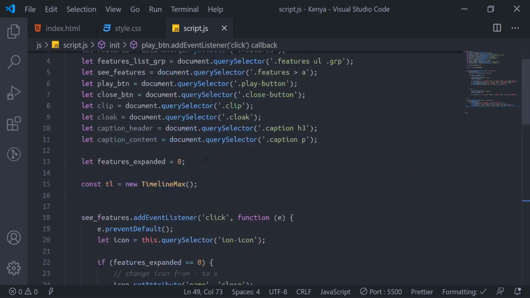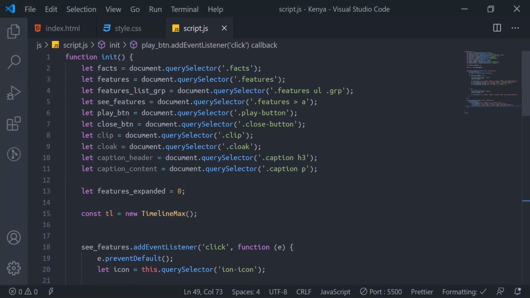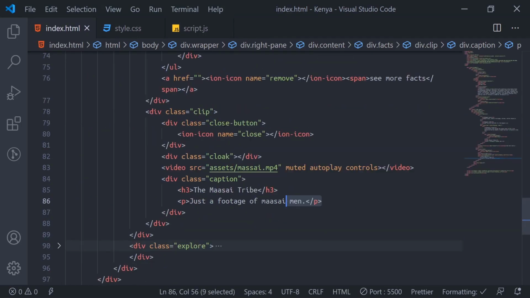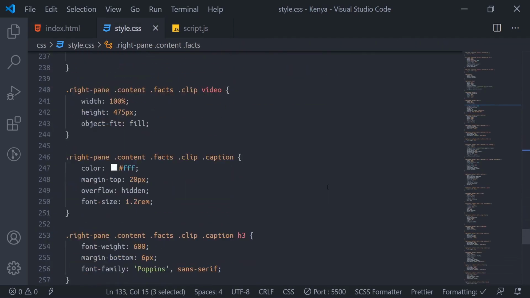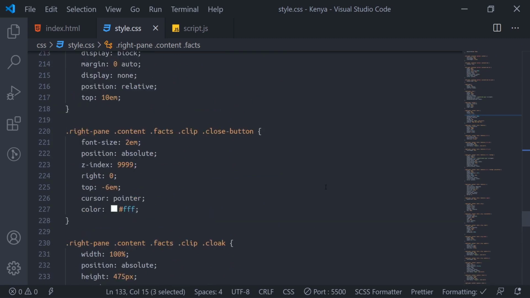This close button, let's see. Dot close button. Let's see the style. Z-index 99999, absolute, top, cursor pointer.